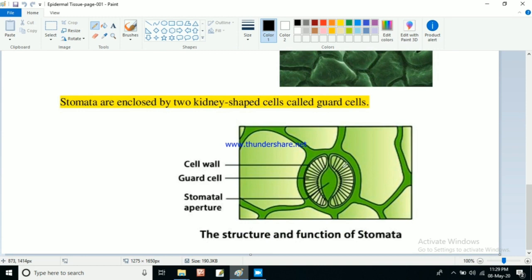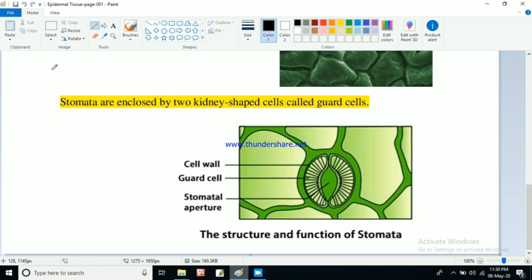Means, if the guard cells want, they will close the stomatal pore, and if they want, they will open it. Why will they close and open? Because if the stomata is open for the whole day or 24 hours, what will happen? All the water which is present in the plant body will be lost through this stomata. So when excess water is lost, the guard cell will close the stomata so that no more water will be lost. So that the water level is maintained in the plant, they will close the stomata. Once needed, they will open it.